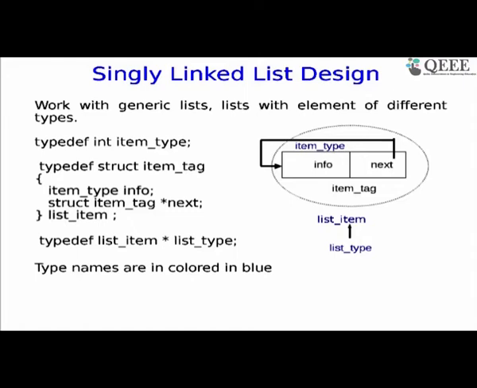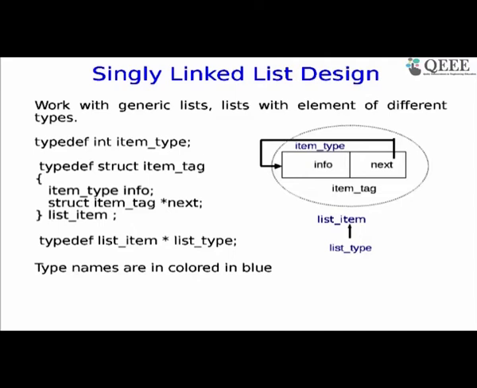This struct has item type info, but item type for this implementation is an int, which is fine. So I have an info field which is an integer, and since I assume you know C, struct item tag underscore next is a pointer which points to a block like this. So this entire struct item tag I want to call by a simple name, list item, so I don't want to repeat this again and again. So the typedef allows me to create this box with one integer value and one pointer and name it